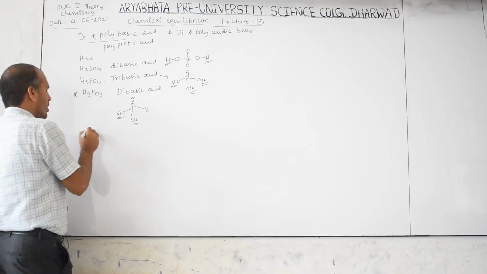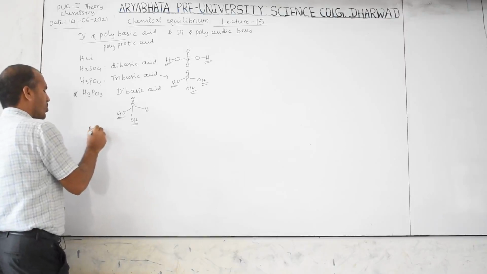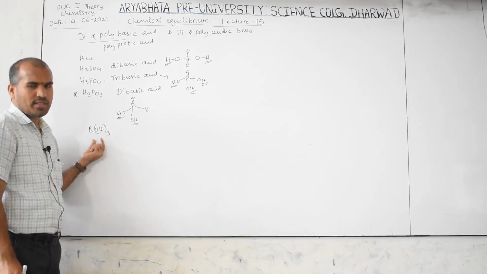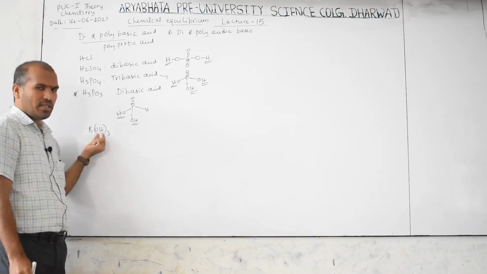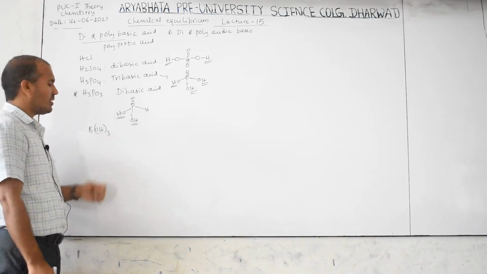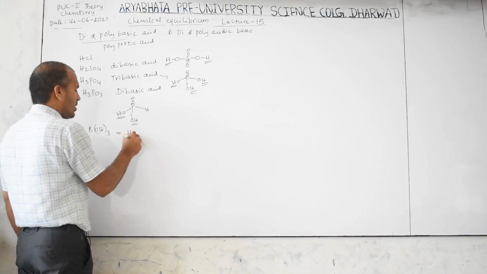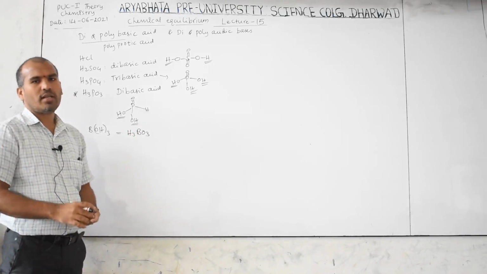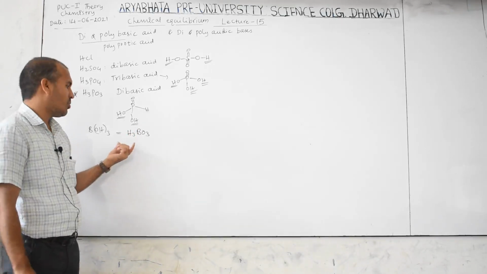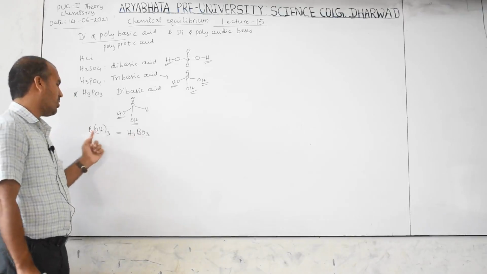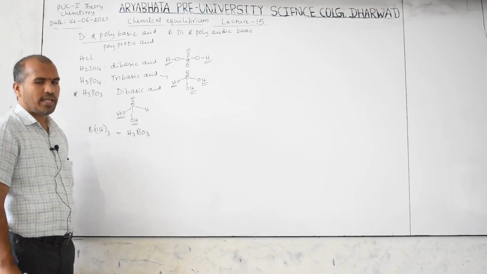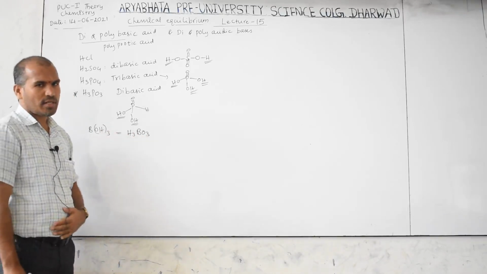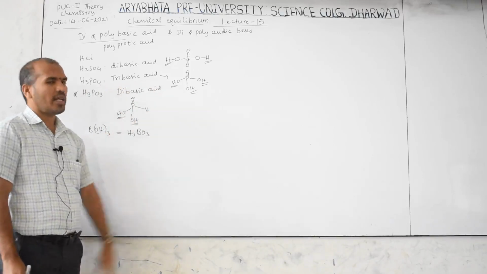Now this B(OH)3: it looks like a base, because generally bases are represented with OH, but this is not a base, this is an acid. This is simply represented as H3BO3. This is also known as orthoboric acid. You studied it in the p-block elements, the group 13 elements. H3BO3 has 1 B, 3 oxygen, 3 hydrogen, therefore it is taken as 3. Then how many hydrogens are present here? 3. Then what will you answer? Like this, it is a tribasic acid.